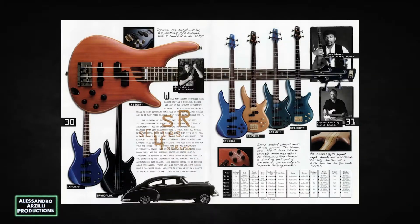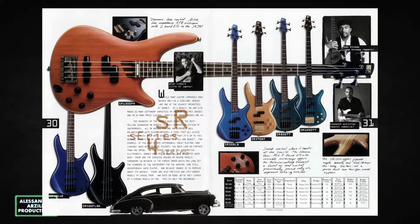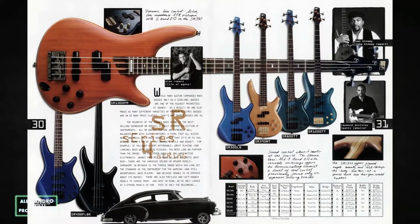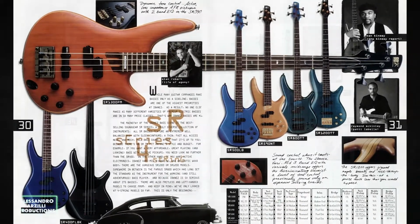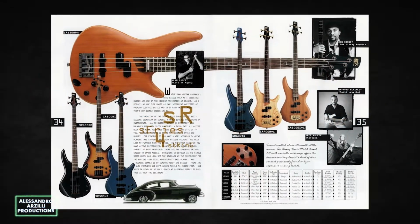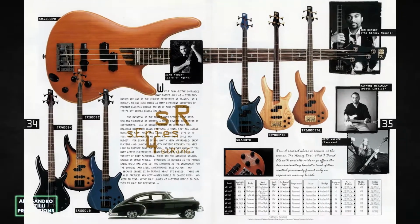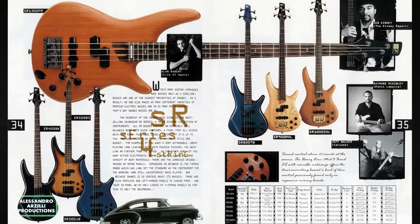In steady production since 30 years ago, the Soundgear SR series is a line of electric basses first sold in 1987. The main goal with the SR bass was to have a thin, fast and smooth bass that you could count on as much for the durability and for the value and comfort. Compared to other standard classic bass guitars, the body was thin, subtracting weight, and the neck joint was redesigned, adding